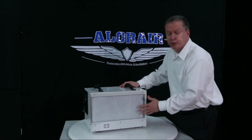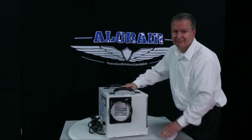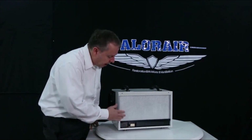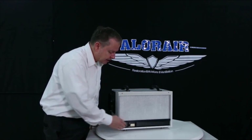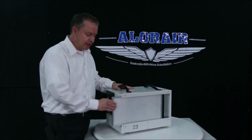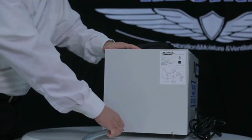The air enters through the side and is filtered. It passes through the machine and the dehumidified air passes out through this duct. The humidity sensor is located here at the front of the machine under the removable filter in a bypass air design. This helps make the short cycling go away, and it's close to the pump and the main circuit board. The filter can be easily pulled out for regular washing and cleaning. Then it's very easy to just push it back into the machine. To drain the collected moisture, simply attach the